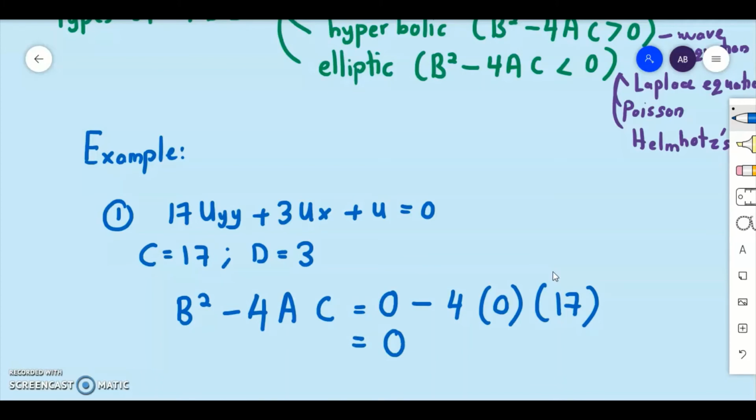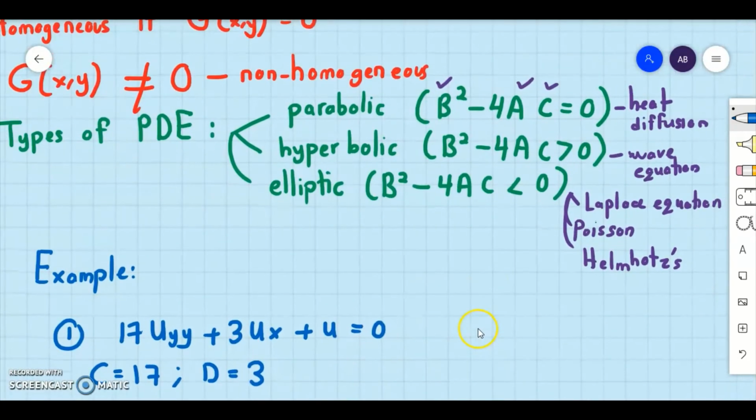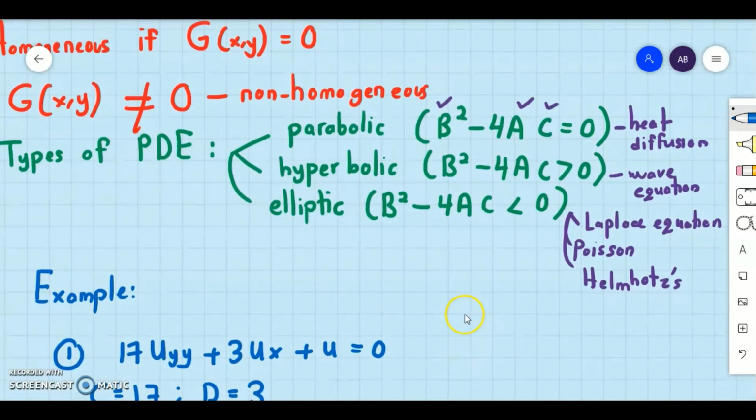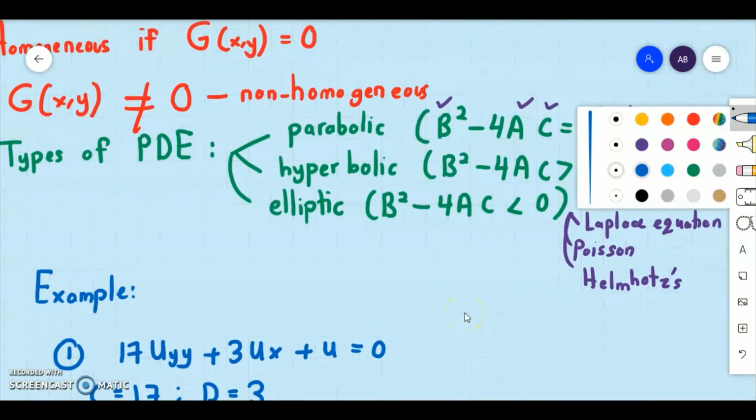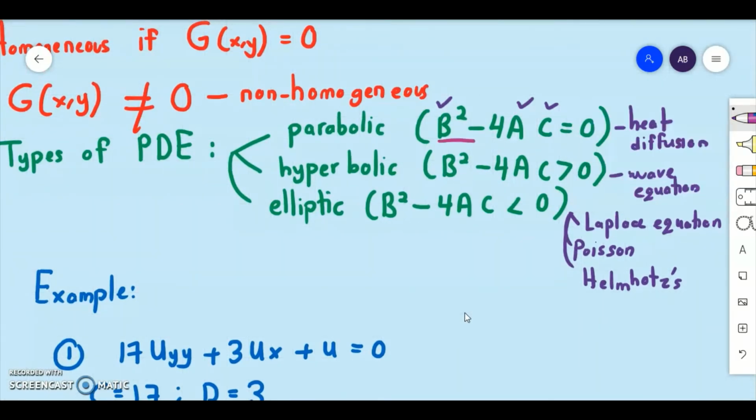So 17uyy plus 3ux plus u. What type did you get? We have a type which is called the parabolic type,